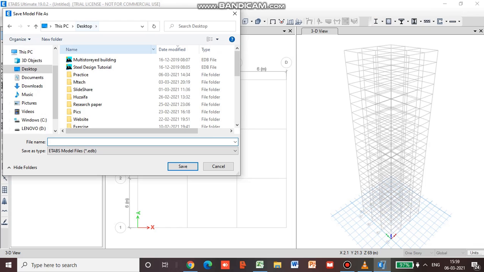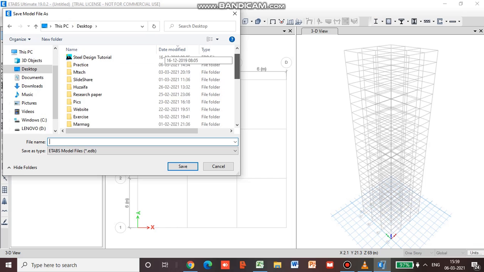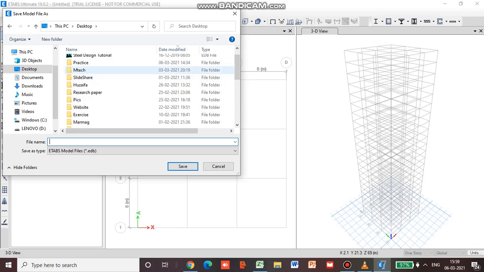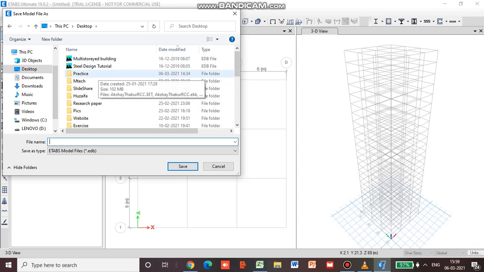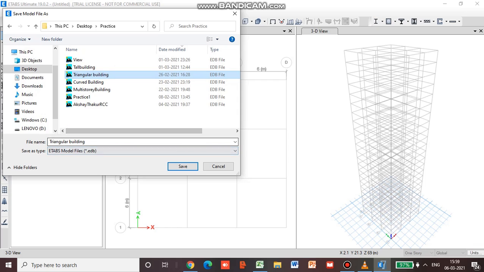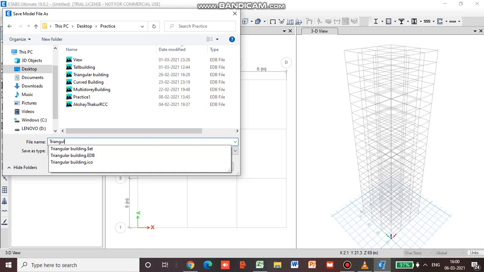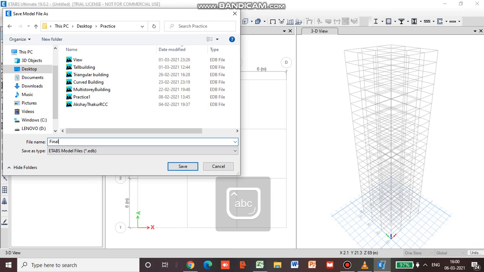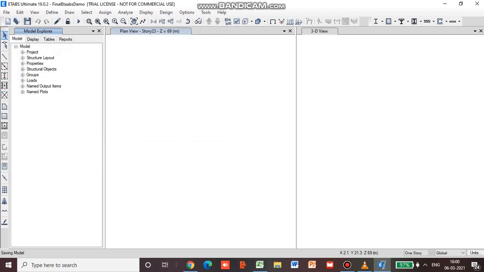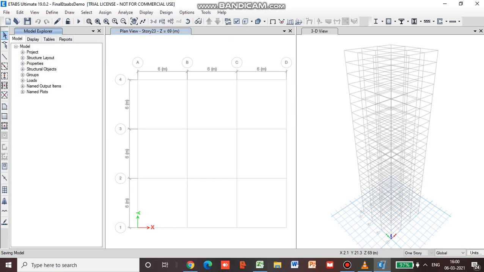You'll go to Desktop and save it in whichever folder you want it to be. And give whatever name you want it to have.